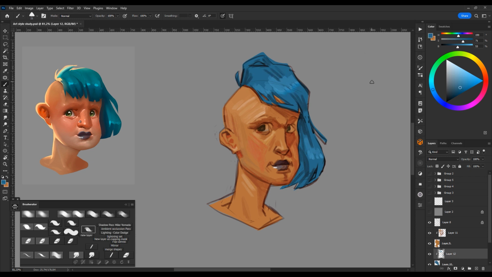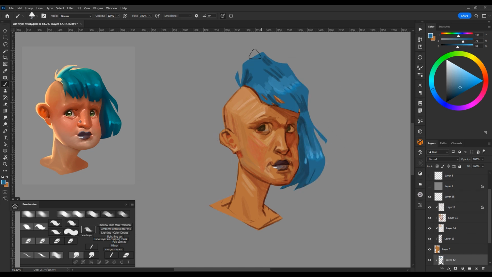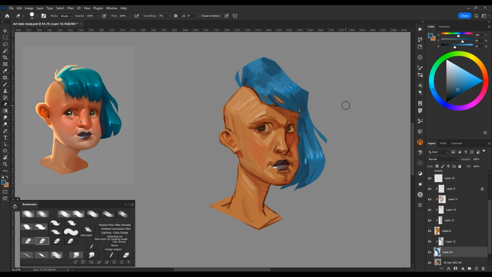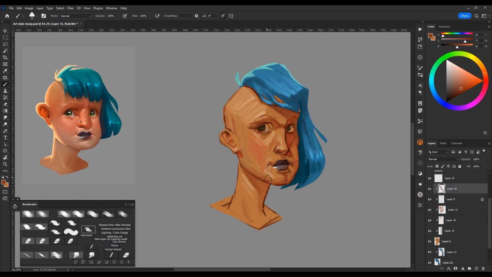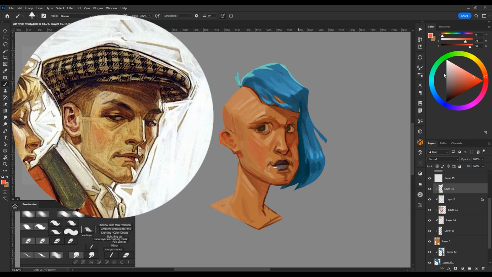The hair was a struggle for me, and in the end I did it closer to my own style rather than his, but I used imitation of his brush strokes and tried to simplify it as much as I can. I took the lightning scheme from this artwork, but I changed rim light to be from another side.